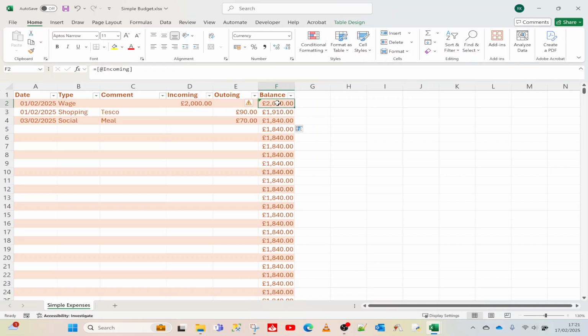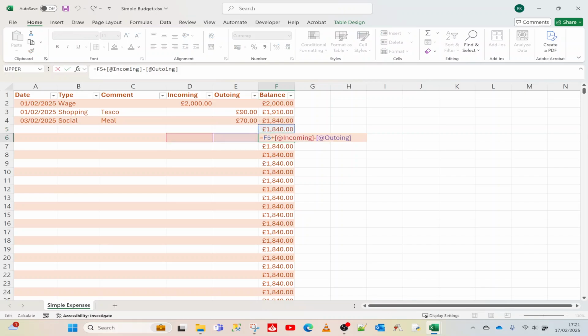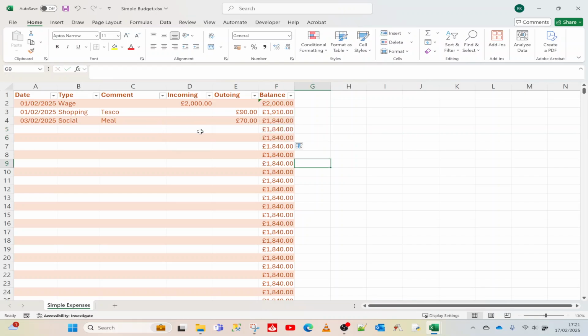So that's the starting point, and now it's going to change depending on these values. If we go to here and say 05/02/2025, no, let's do bills, and then we say £35. So you can see these things are now changing, and actually maybe on the 6th,